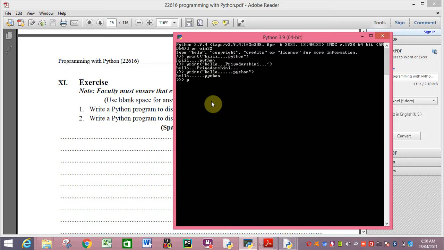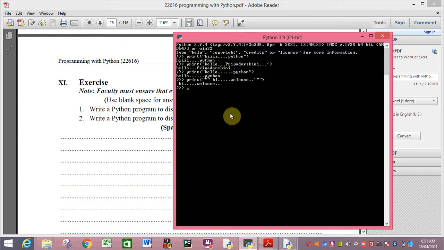If I print the string within triple quotes, then see what will happen. Hi, welcome. It is also working.